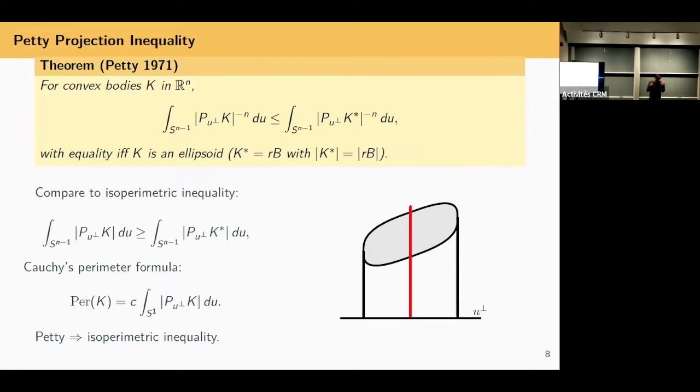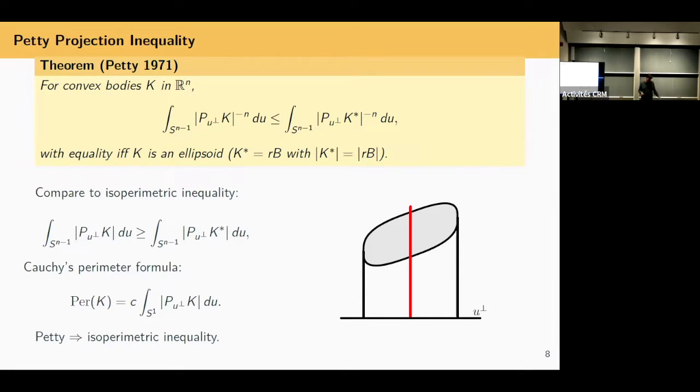And so the inequality above with power -n, with the K star symbol, that's a ball. These averages don't see anything, it's just a constant. But with the -n, just a simple application of Holder's inequality or Jensen's inequality says the power -n is a stronger statement than the one below. So you directly get the isoperimetric theorem, certainly in the plane. The Cauchy perimeter formula is actually a Cauchy surface area formula. The right generalization is projecting on codimension 1 subspaces and averaging. So it is a legitimate strengthening of the standard isoperimetric theorem.